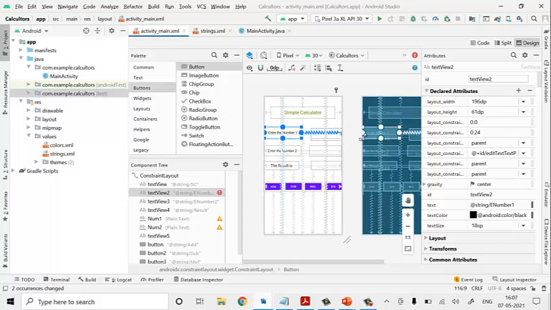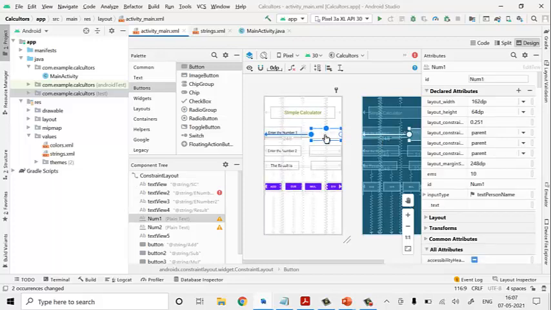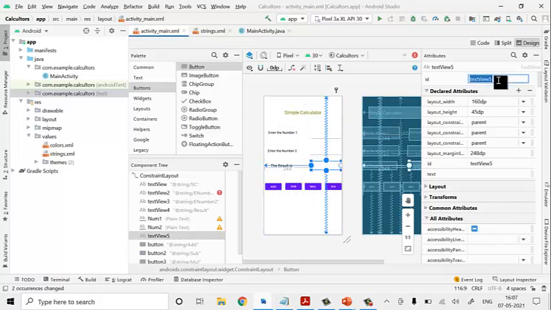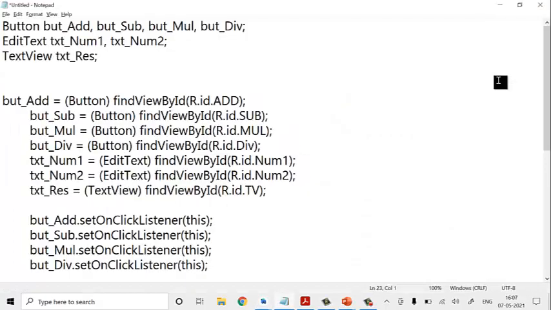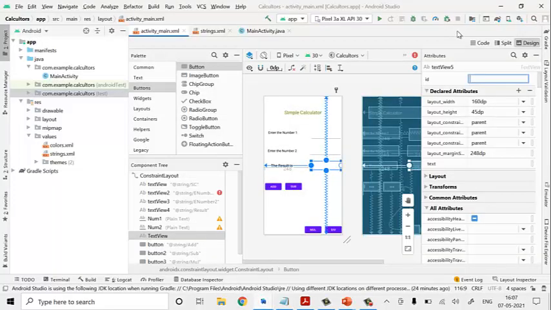First we will check whether this text box we have, yes, num1 is set. Here what I'll do, I'll make it result. What I have taken, text view, so I'll take it as TV. Okay, TV I have taken.